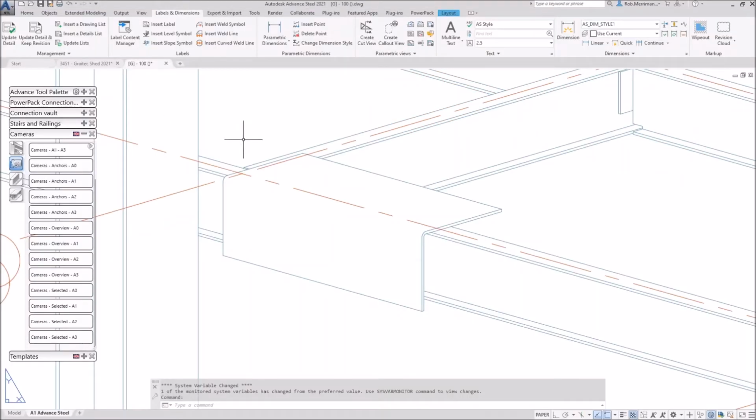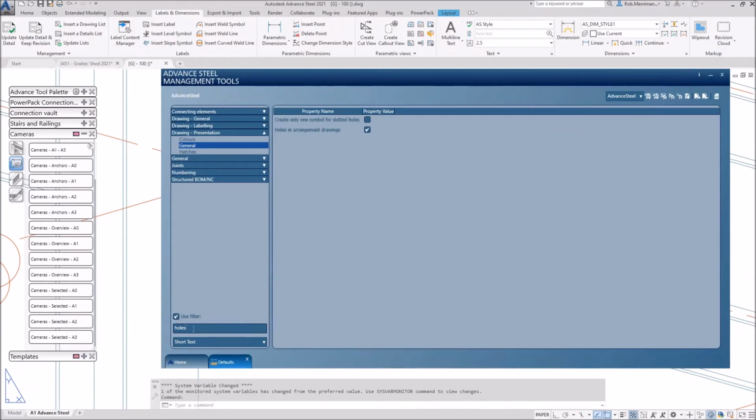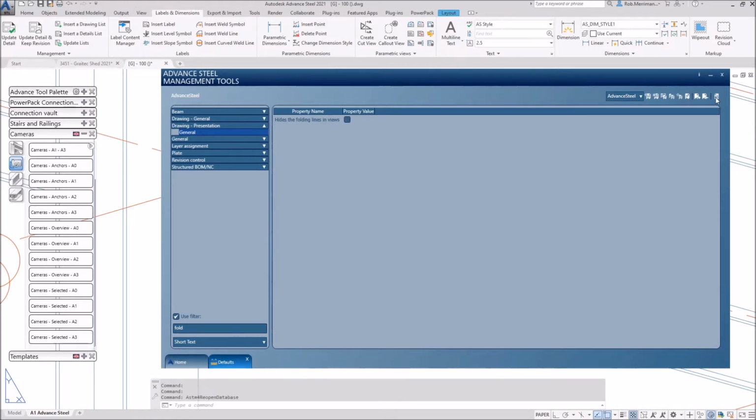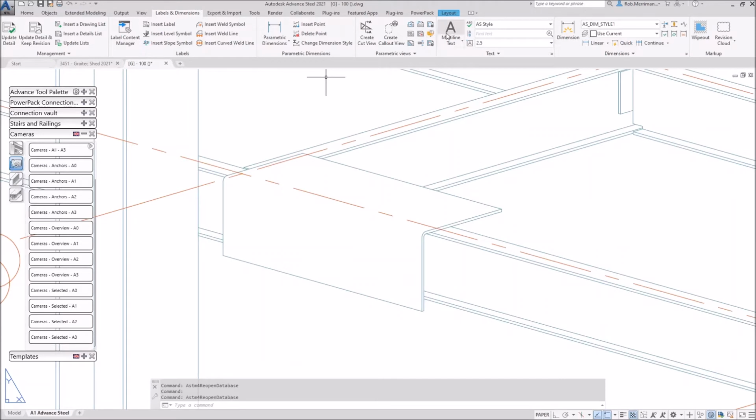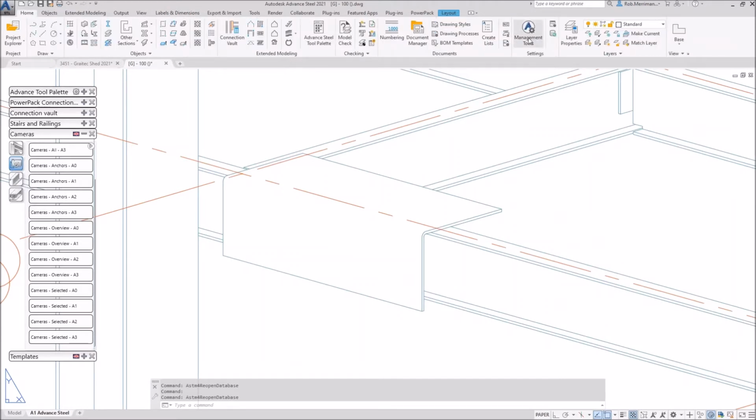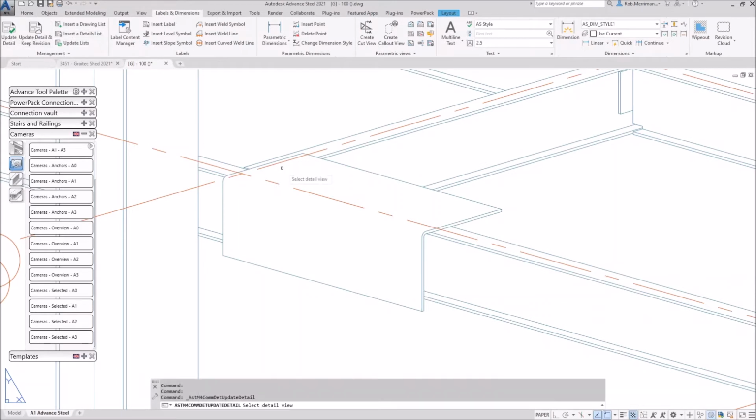We don't need to rerun a drawing. We've got this drawing in here, you can see that. Now if we use the filter and we do fold, we've got drawing presentation, hides the fold line. That again is ticked as a default, so it is going to hide your fold lines. So we'll reload the databases, just double check that they're all reloaded, and then we'll update